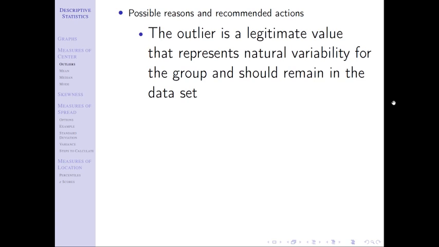What does that mean? Well, it could be a legitimate value. It could just be sometimes weird things happen. You think about sports. Sometimes teams shockingly lose way more games than you think, or they win way more games than you think, even if it's a good team, right? Or you think about anything in life. Some people are really short, or really tall, or really fast, or whatever it may be. Sometimes they're still normal humans. It's just that there's natural variability with regards to people's heights and people's speed and all sorts of things. And that sometimes that variability just exists and it just happens and it is what it is. No big deal. Don't actually do anything.